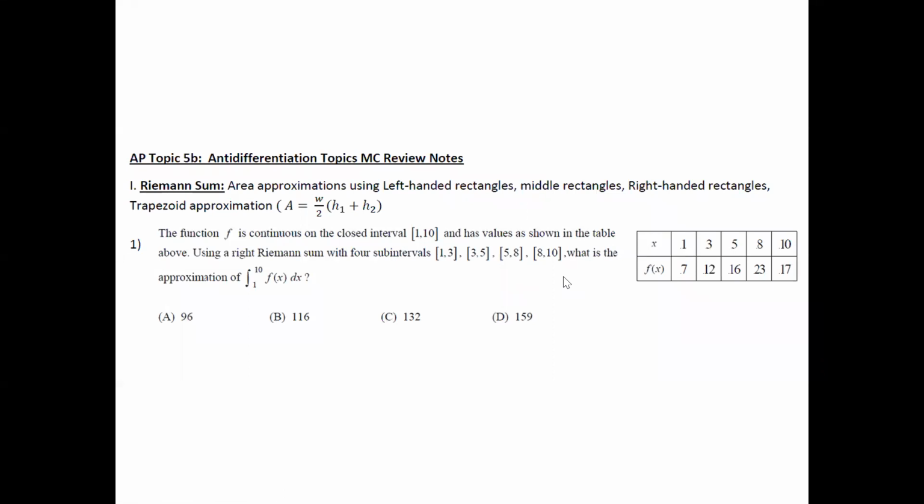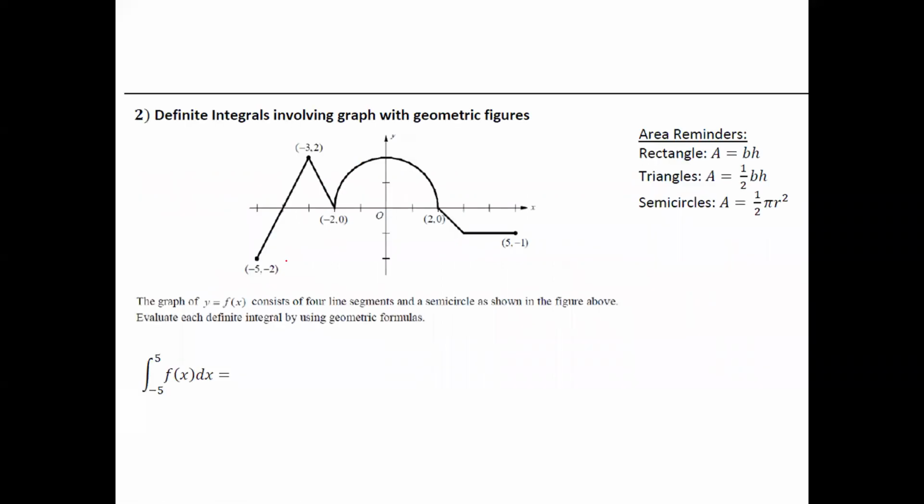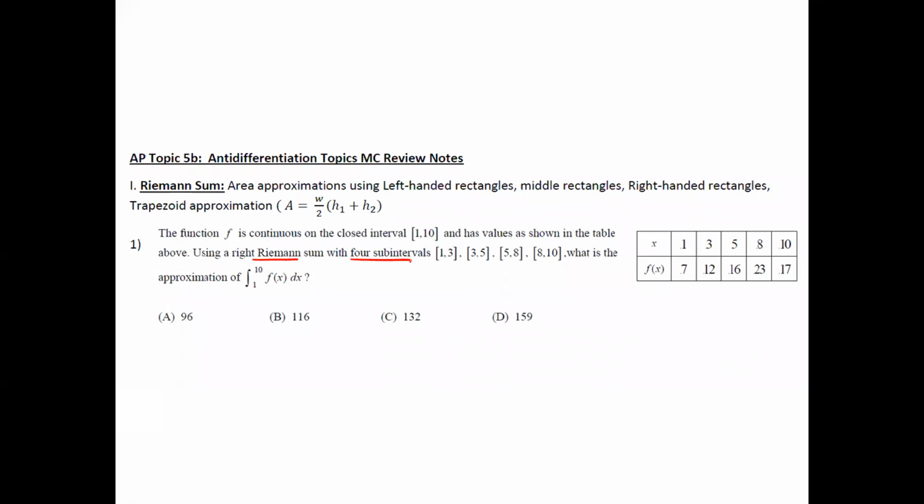So we started with semester 2 on Riemann sums and area approximation. Take a moment and read this question here. This is a typical question they'll have in the multiple choice. It's asking, what is the right Riemann sum of the 4 different subintervals between those intervals? So I know that's from 1 to 10. And so my integral of f of x dx is going to equal